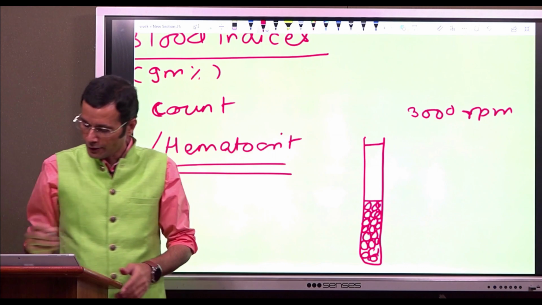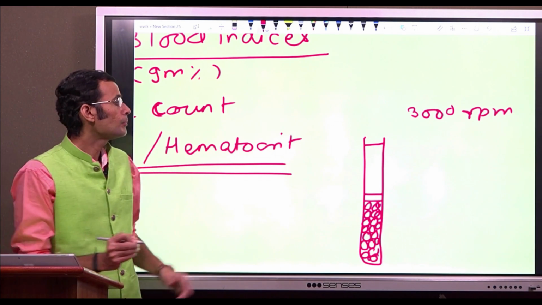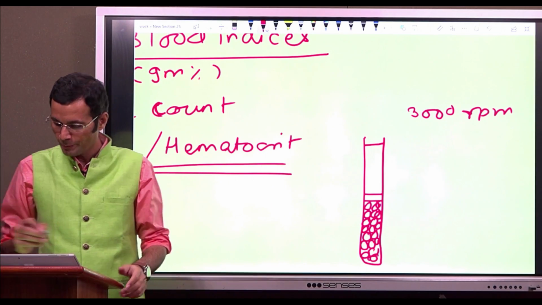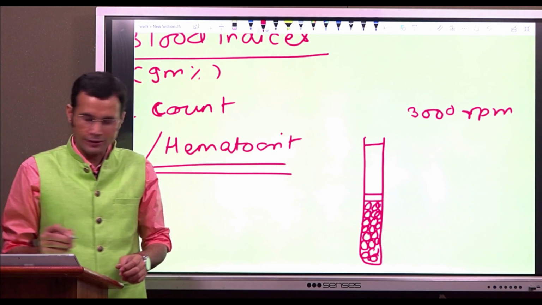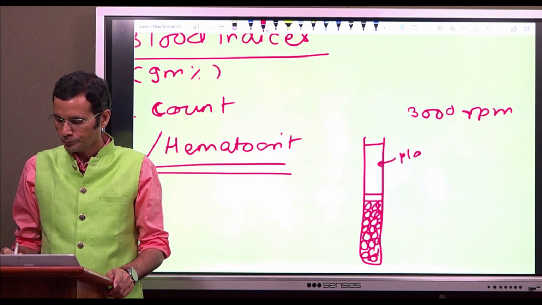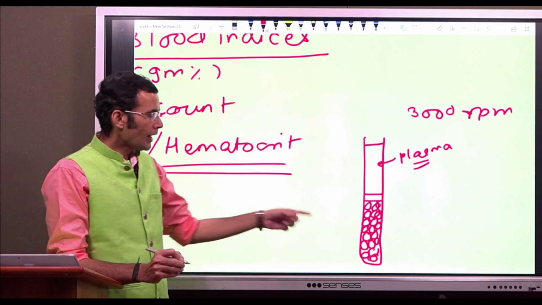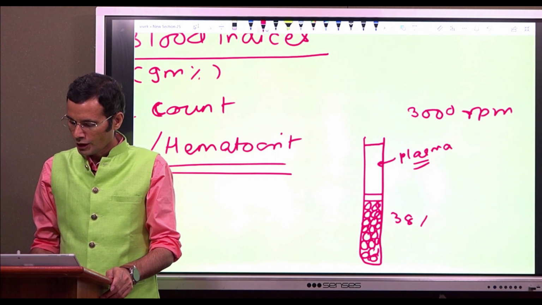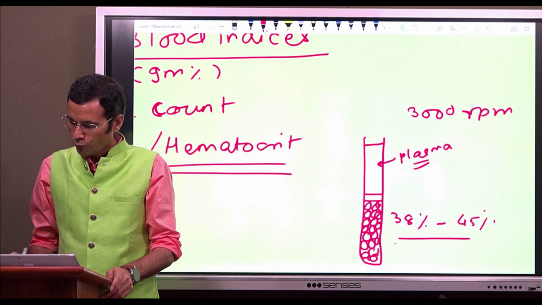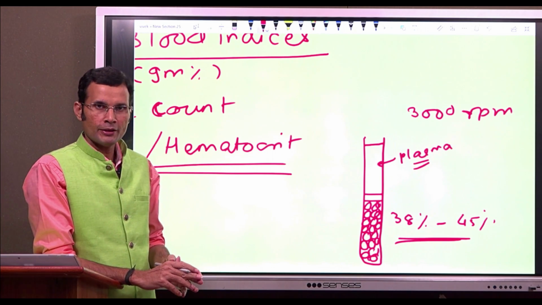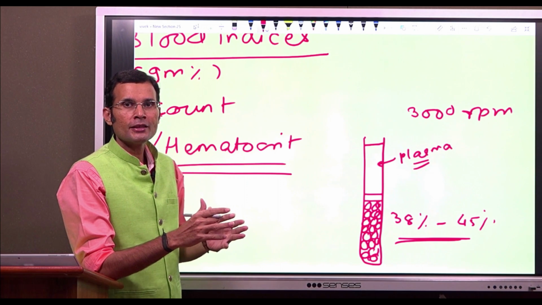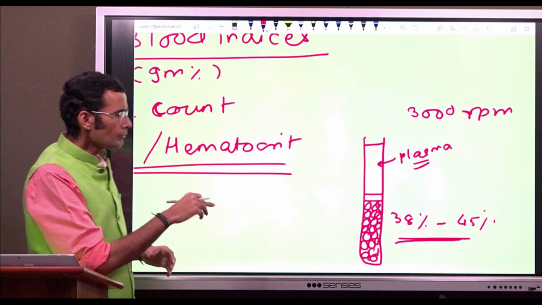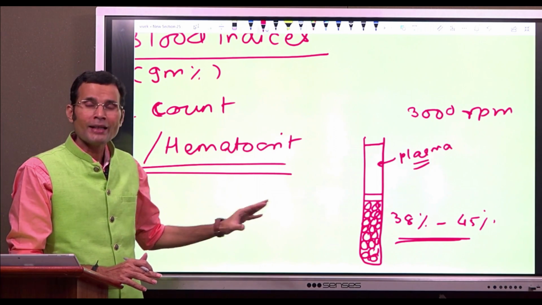Well, there are other layers as well. There is a buffy coat layer of the WBCs in that sample of blood, and then a dark layer of hemolysis above that, and then there is plasma. So, that's the packed cell volume. The normal value is about 38 to 45%. What I am trying to say is, in any unit quantity of blood, about 38 to 45% will be the volume of the red cells, and 55% will be plasma.